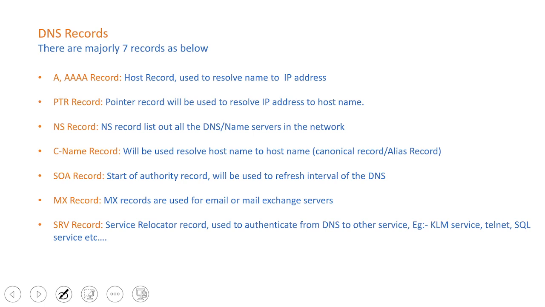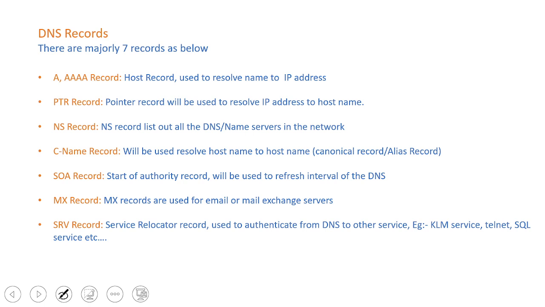Why do we create an alias record? Sometimes what happens, see, Facebook will acquire Instagram, but Facebook doesn't want to continue the Instagram name. They want to change the name of Instagram to something else. But it is very difficult at the same time to change everybody to use the new name. So what will they create? They will create a new name for Instagram, maybe facebooknew.com. When you type facebooknew.com, Instagram opens, and if some people don't know the new name, they will still open the old name.